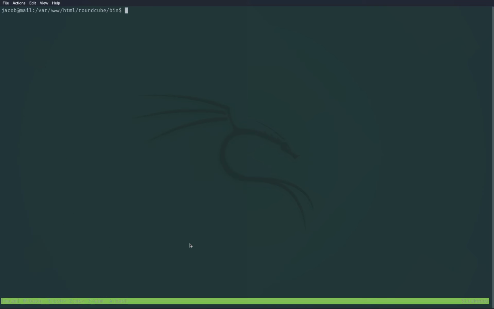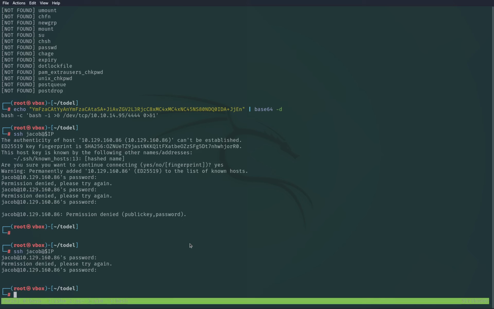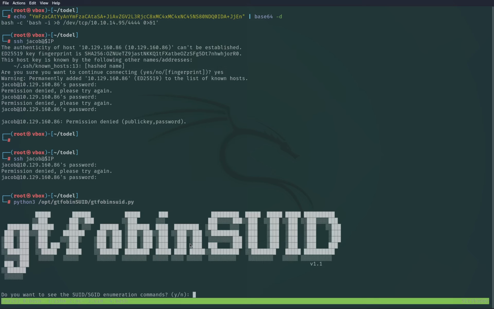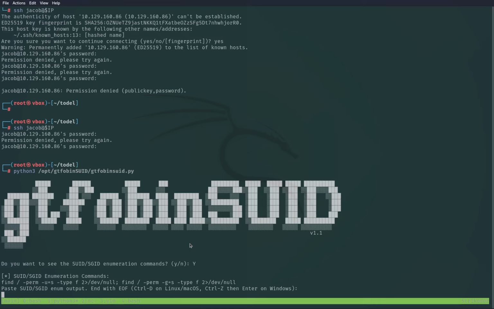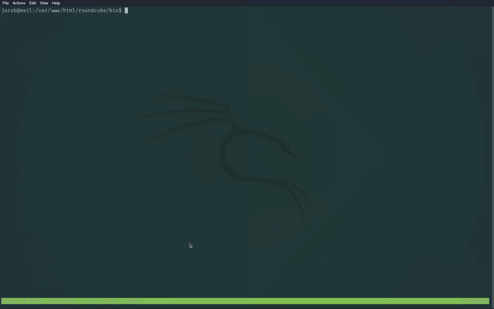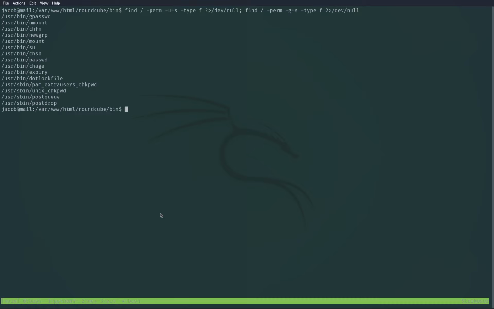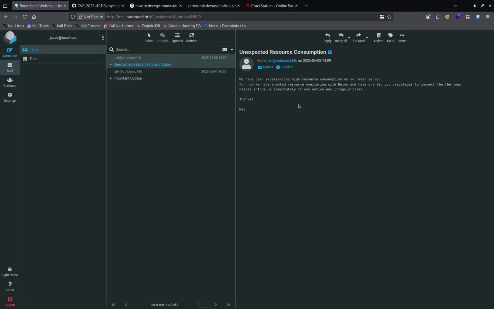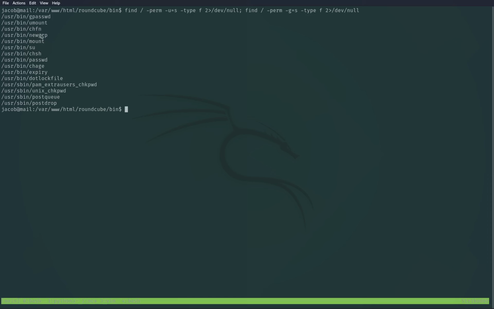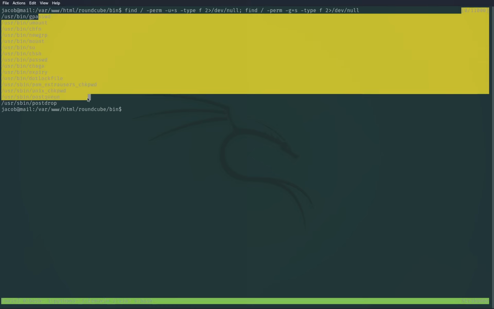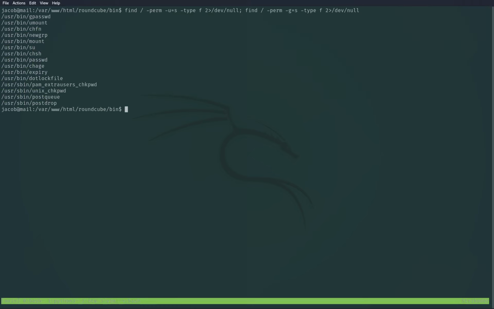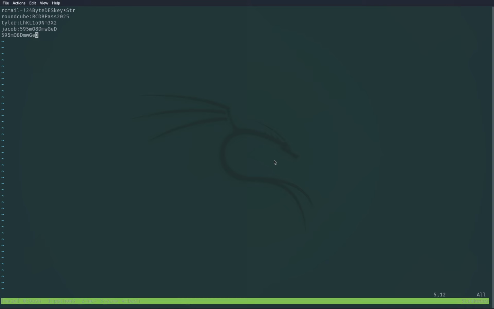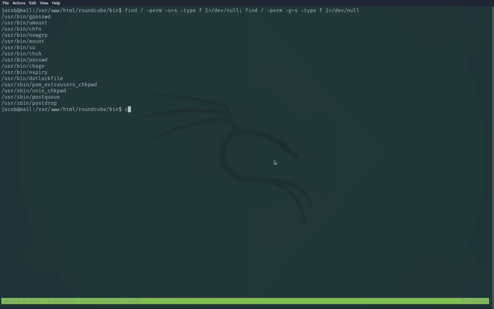I'll not get into that. Let me try actually the binary. Yes, I need just to copy this and paste that into here. And here we see below. Do we have below in here? No, actually we don't. So let me copy the SSH key into here. So cd /home/jacob,